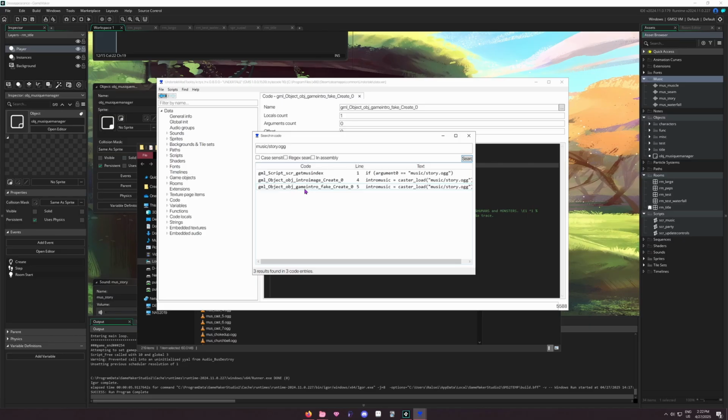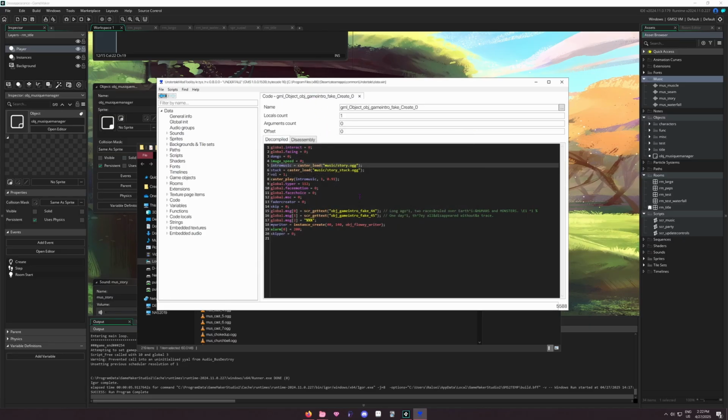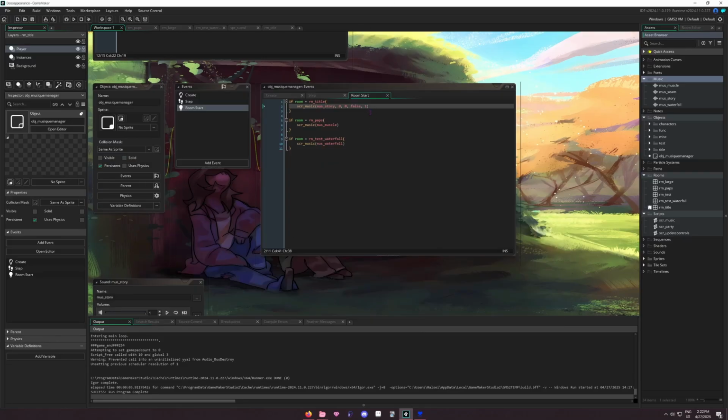For this one, it's going to be in game intro fake create for whatever reason. I don't know why it's fake, but anyway, just find the thing where you can find caster load, right? And then you see the caster play. Intro music is the variable that it's set as, and it's playing at a volume of 1, I'm assuming, and then the pitch is 0.91. So now we know that if we go into our Gamemaker here, change the 1 to 0.91, and run the thing,